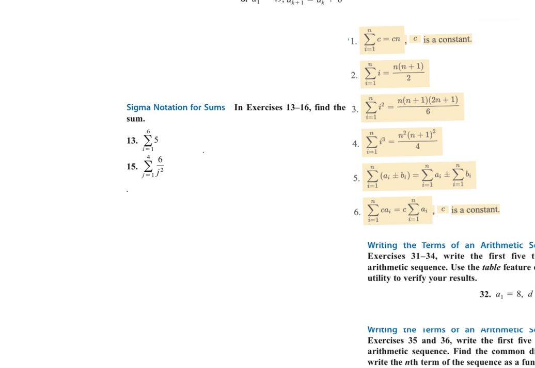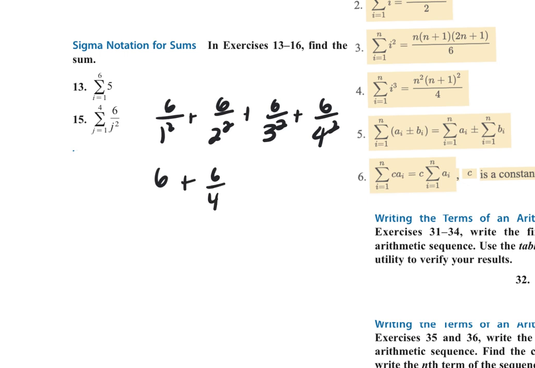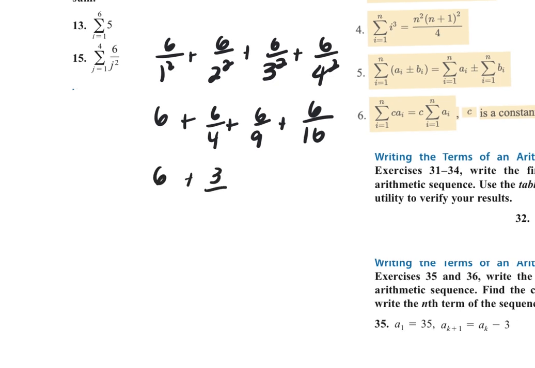Plug in starting at 1. So 6 over 1 squared, 6 over 2 squared, 6 over 3 squared, 6 over 4 squared. Remember, we're starting at the number on the bottom and we're ending at the number at the top. So this would be 6 over 1, this would be 6 over 4, this would be 6 over 9, this would be 6 over 16. And I could reduce those: 6, 3/2, 2/3,